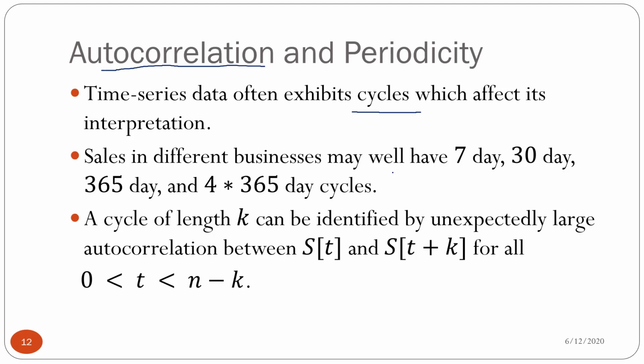So the important thing in time series data analysis is to identify the cycle and the period of the cycle. Is the cycle repeating after 7 days, or is the cycle repeating after 30 days? 7 days means there is some seasonality which is happening over the week, right? Just think about this case. If you have the data about the number of